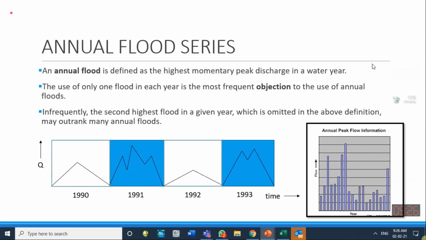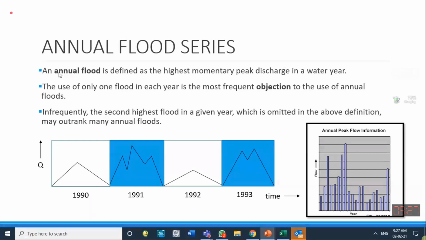If we are measuring flow on a daily basis, then in the record developed by the irrigation or water department, they mention the daily flow, and at the bottom of that record they mention the instantaneous or momentary peak discharge observed during the whole year. They calculate that from the highest water level observed. The daily flow is the average of one day's flow, so don't think that the daily flow of a certain day is the momentary or instantaneous highest peak.